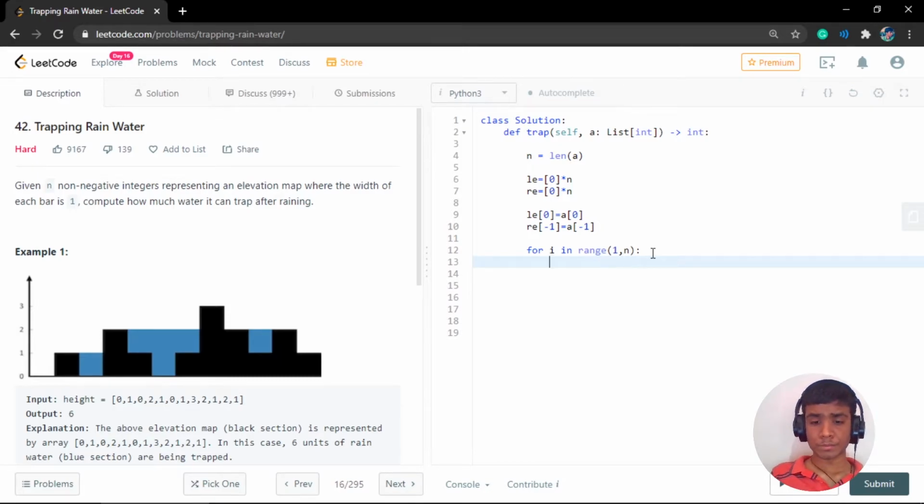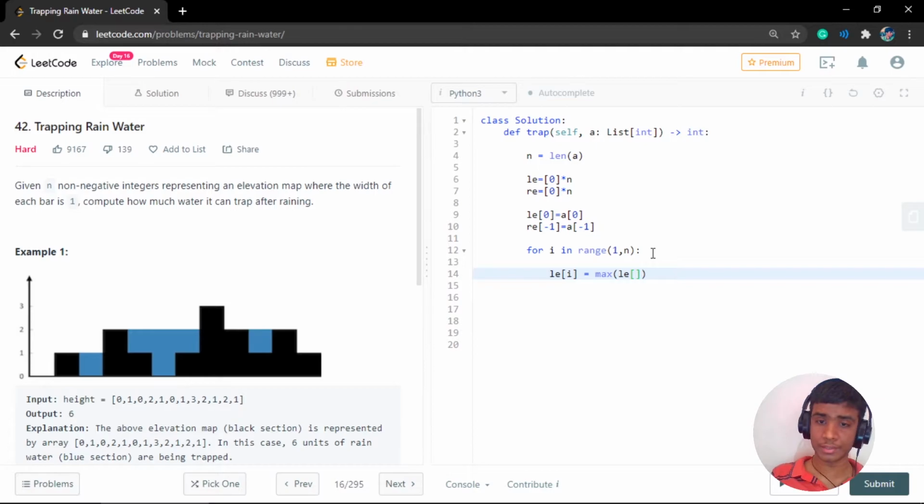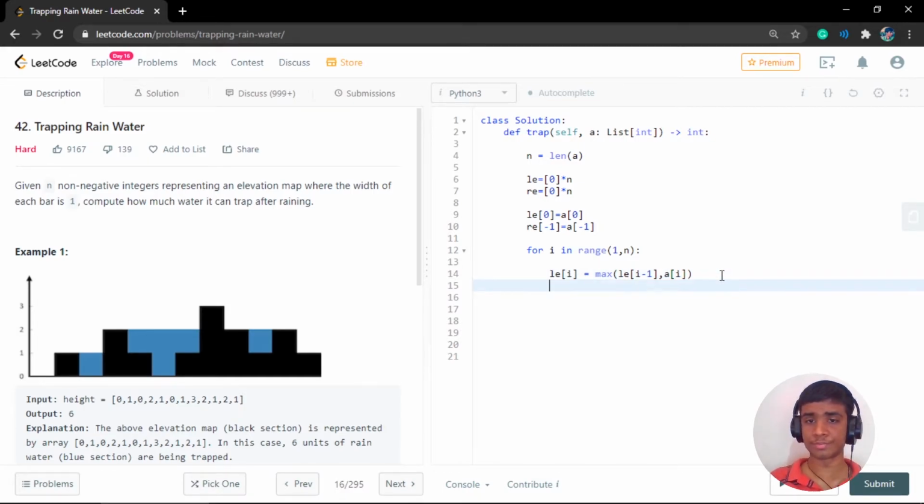And so what is my elevation at this index? My elevation at this index is equal to the maximum. Since you are only considering what is to the left, so what is the maximum to the left at the previous index, that is I minus 1? So what is the maximum elevation to the point just beside me? And let's compare it with our present elevation. So if the present elevation is higher, then we are going to change our maximum elevation, right? Simple. And let's do the same thing for the right as well.